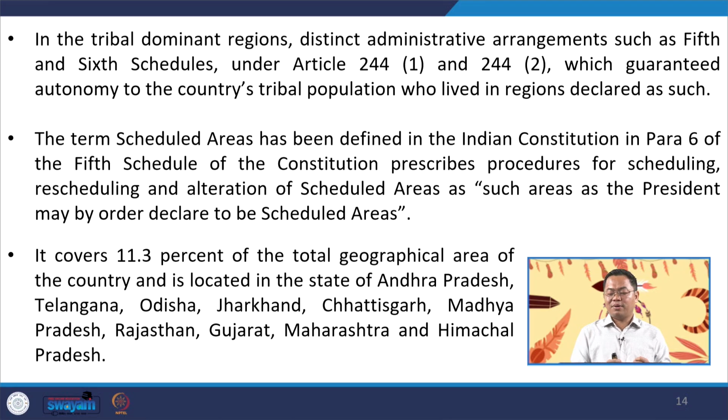The 5th and the 6th schedule are relatively different. Let me talk about the 6th schedule, for instance. The 6th schedule was drafted along with the drafting of the Indian Constitution, where the Constituent Advisory Council met different tribal leaders in Northeast India, asking them what kind of political arrangement they wanted. Most tribal communities demanded certain forms of autonomy that would give them some kind of safeguard and protection to continue to practice their customs and traditions.